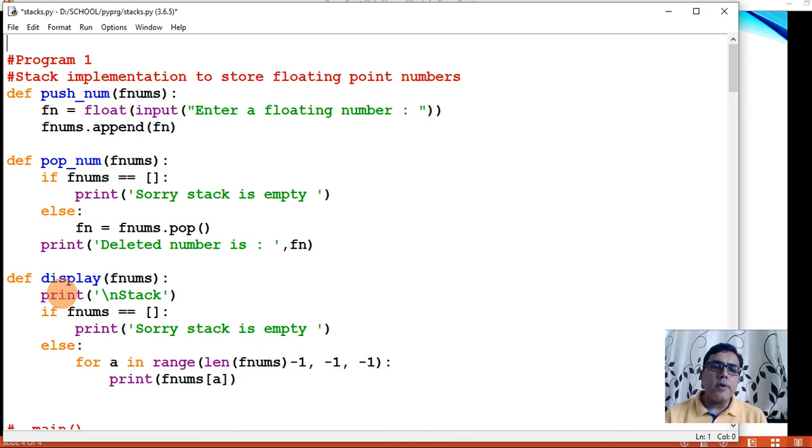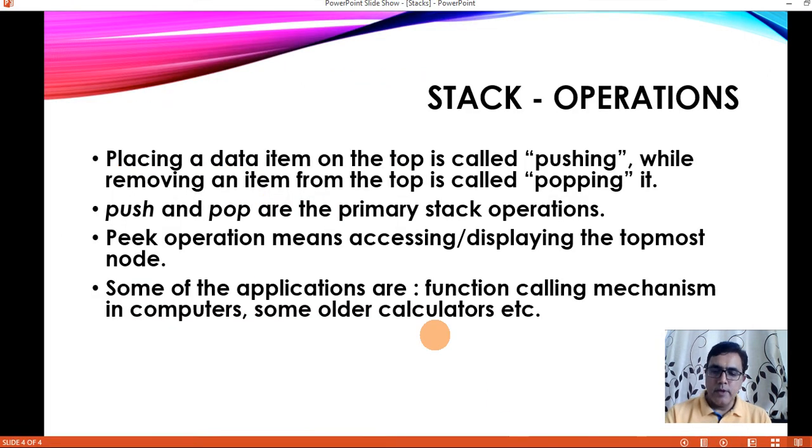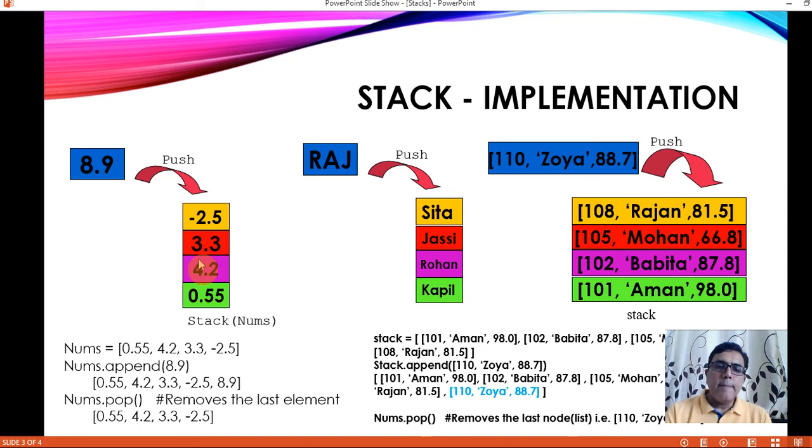Now in this problem I am implementing a stack to store floating point numbers. Here we had done this example. I will be implementing a stack where I will be storing floating numbers.